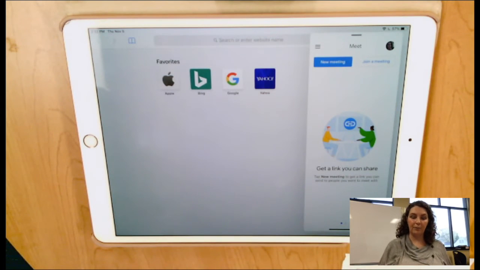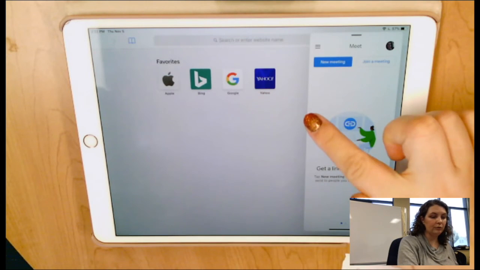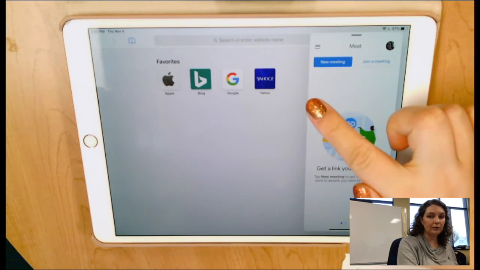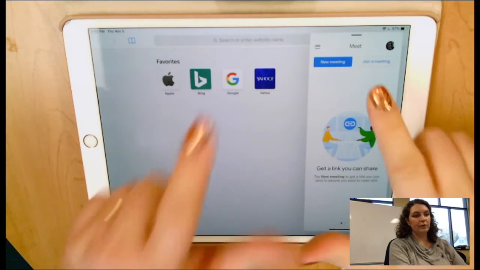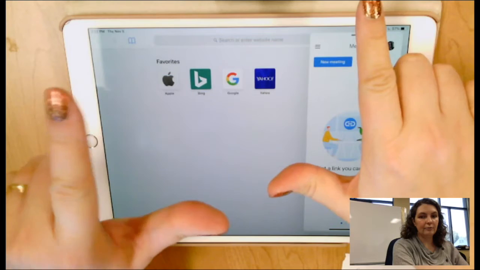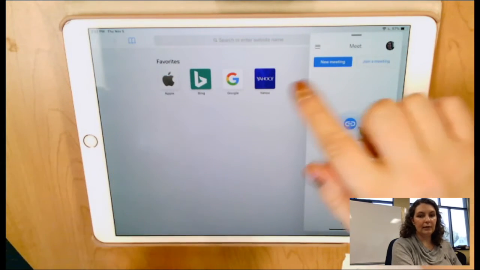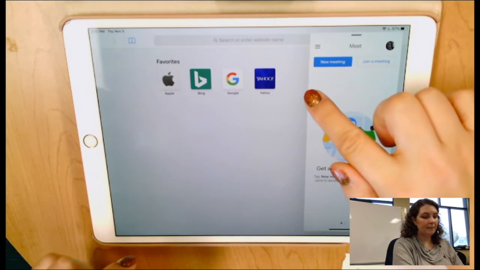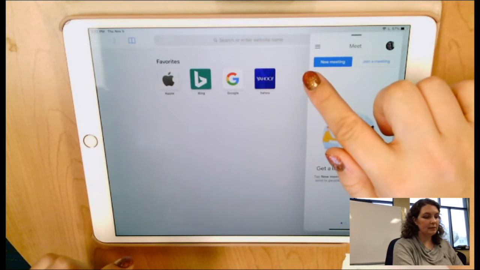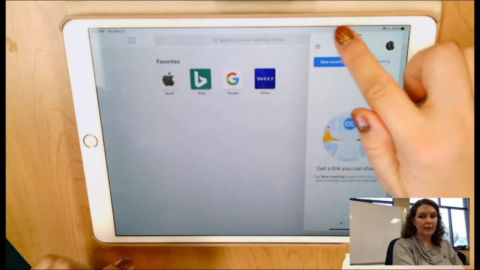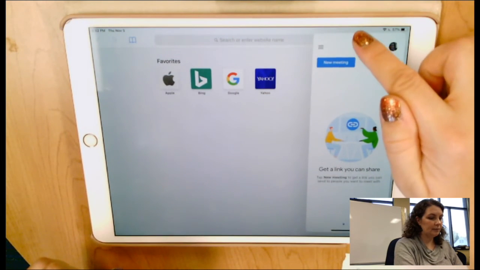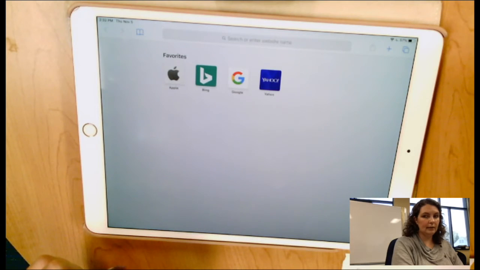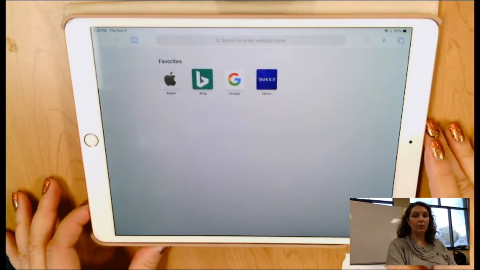Now what if I wanted to get rid of the Google Meet window so it wasn't on top of Safari at all? Well, it's a little bit tricky, but the idea here is you're going to move the left side of the overlay window off to the right side of the screen. So for those of our young friends who are still learning our left from our right, just keep in mind it's going to be the left side of the window, and sometimes it's a little tricky to grab it, but I like to start with the top here, make sure it's moving, and then if you notice when I swipe it off to the right, it will go away.